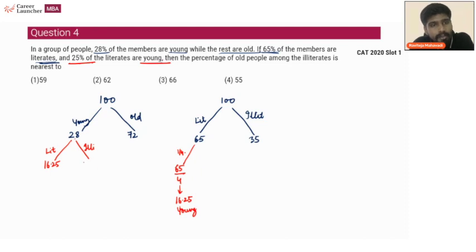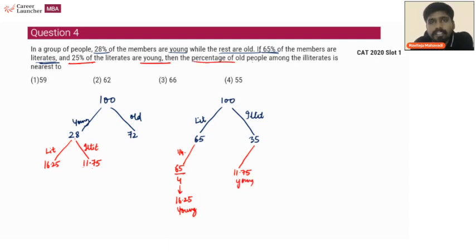28 minus 16.25, 11.75. I am not asking you to break the people into quarters. 16.25 people doesn't happen, right? But still, can we work on this? Percentage wise, this is all in percentages. So 11.75 people out of 28 young people will be illiterate. So out of illiterate people, 11.75 are young,